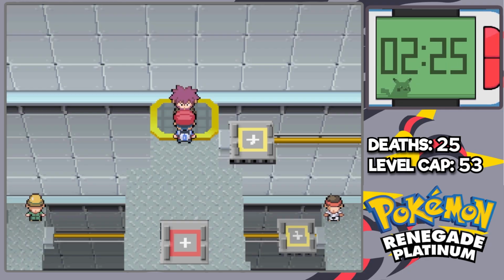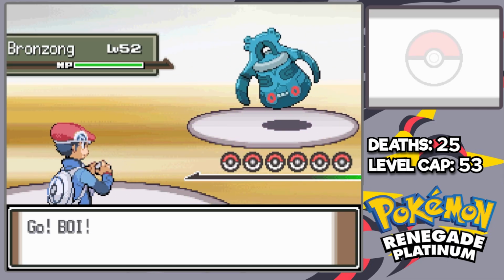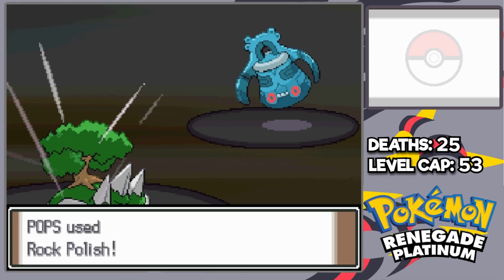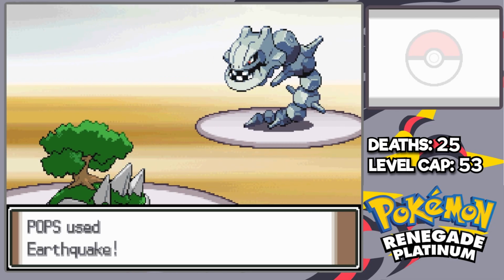What a guy. We tell the easiest gym leader to return back to the gym so we can clap his cheeks. He starts with Bronzong, which isn't even built to do anything but set up screens. He sets up a Reflect, and I set up Rocks to take care of his Aggron Sash. I switch into Pops and set up Rock Polish, followed by 3 Swords Dances, and Pops absolutely bodies every single